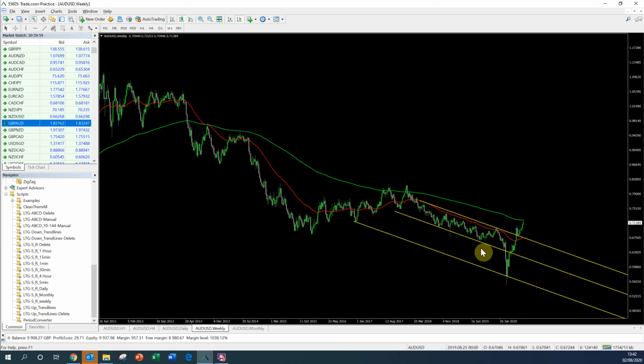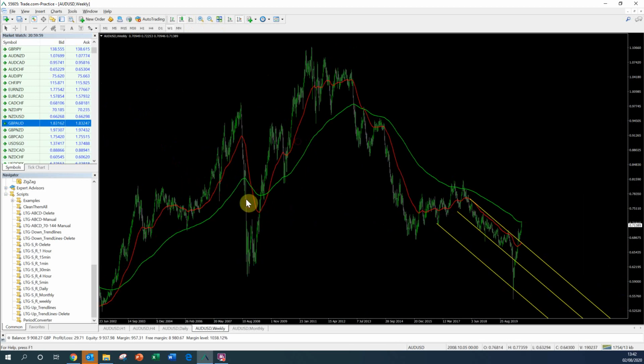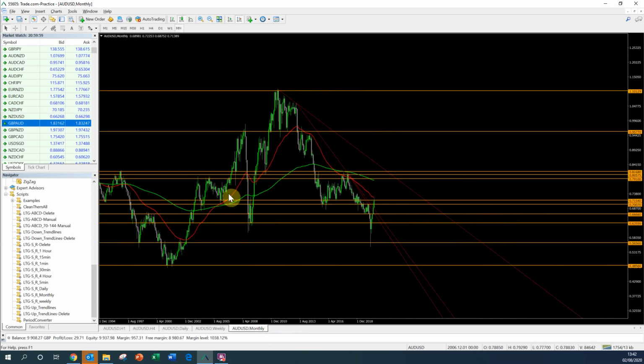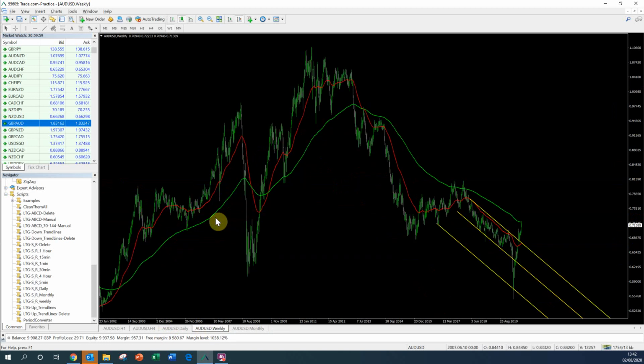And actually similar to the monthly, on the weekly, we can see we're actually at the 200 EMA on the weekly. And we can see, just like on the monthly chart, the 200 EMA is basically acting as what the 50 EMA is on the monthly. So we can see that on the weekly, the 200 EMA is the most reactive. And we can see we're at that 200